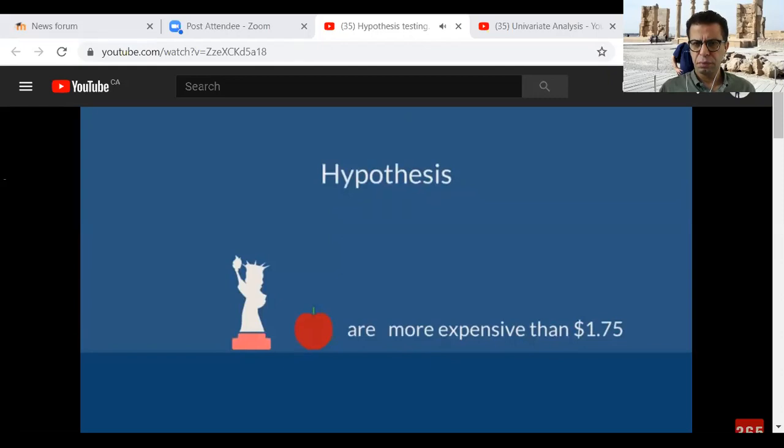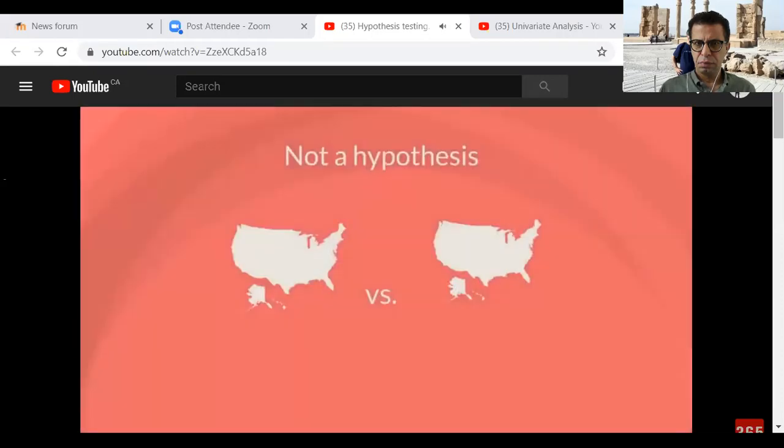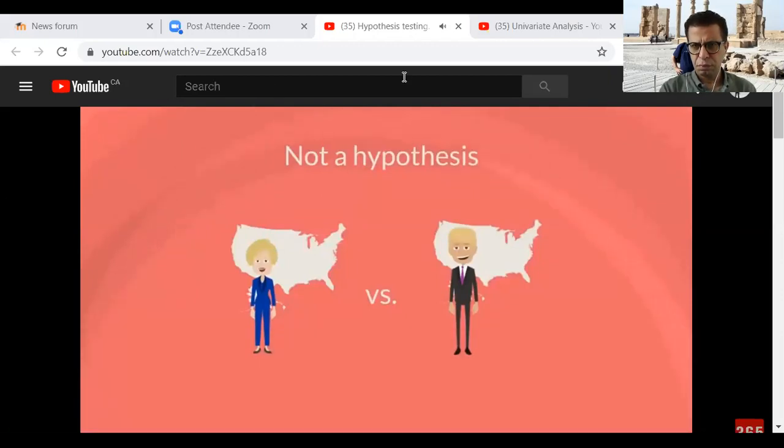Alright, what's something that cannot be tested with a hypothesis? An example may be: would the USA do better or worse under a Clinton administration compared to a Trump administration? Statistically speaking, this is an idea, but there is no